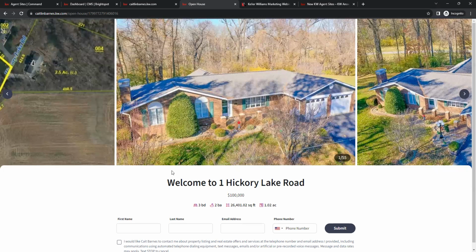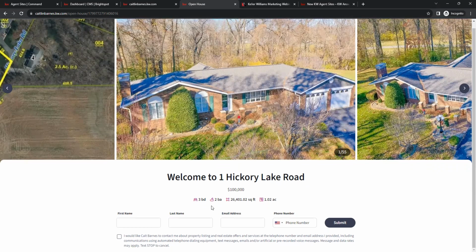So once this loads, you will see your property images here, the property address, the details, and then we have our sign-in information here. So if we go ahead and enter our details here, and then if we hit submit, we are going to get an error that we did not check the checkbox